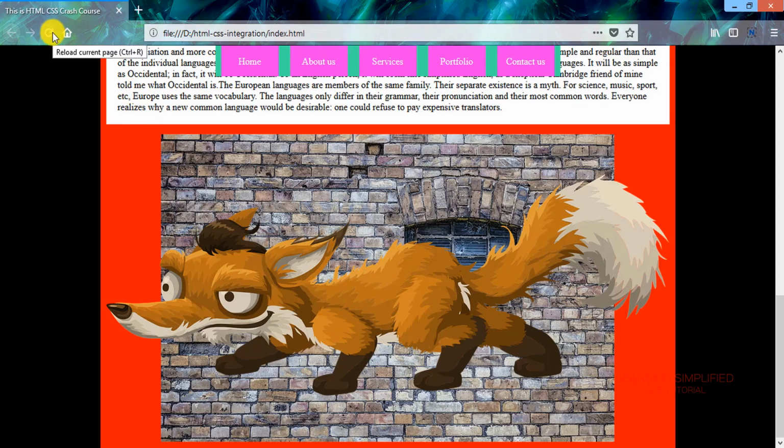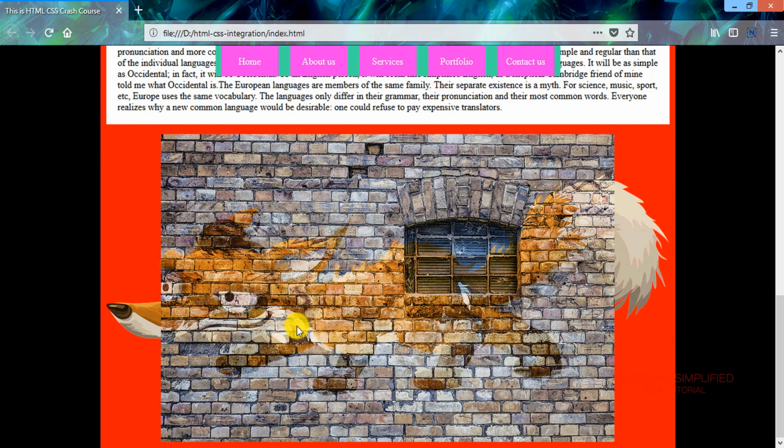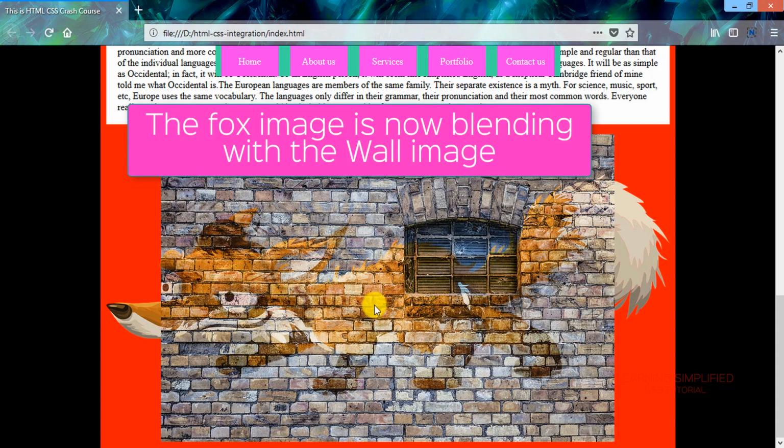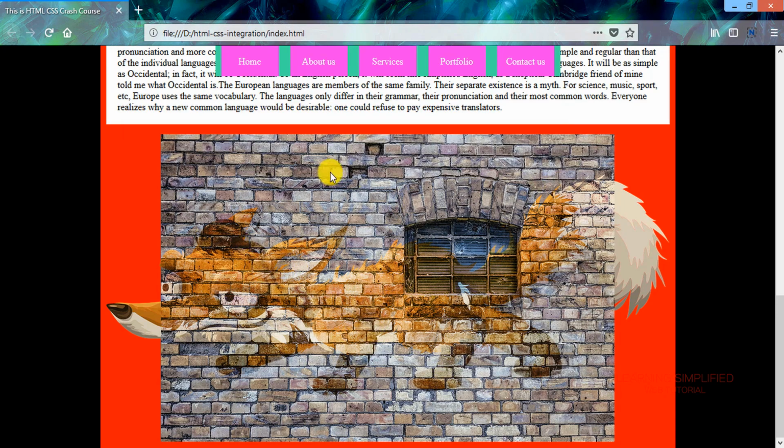So let's get back to our project and reload, and we can see that in practicality these two images, this foxbig.png is lying above, and the second image, that means this window.jpg, is lying underneath, and they are transitioning among themselves. That means they now have some kind of blending effect, and it is under overlay condition, and this is practically the scenario.